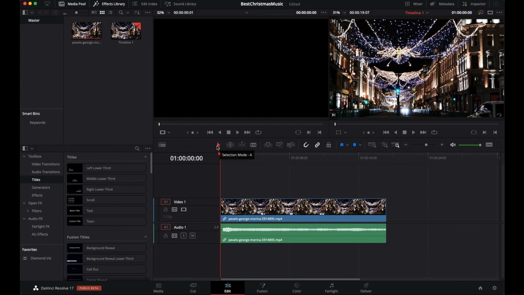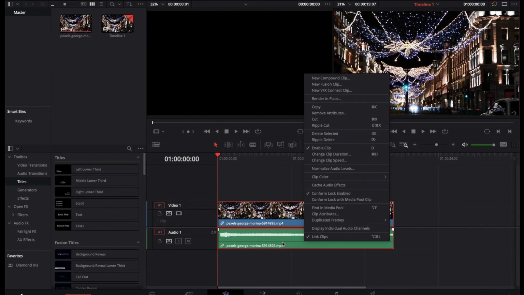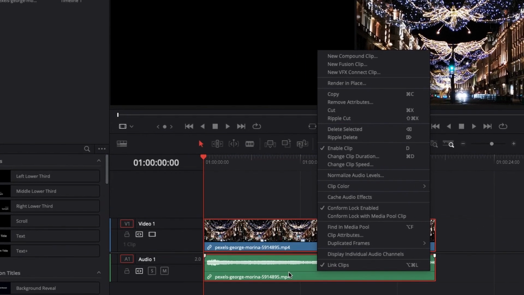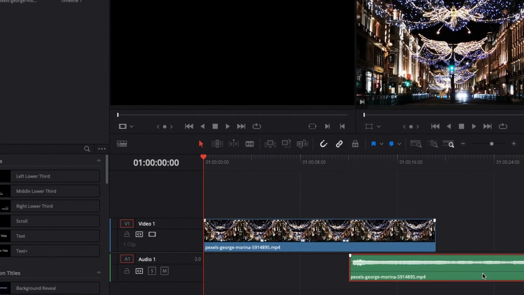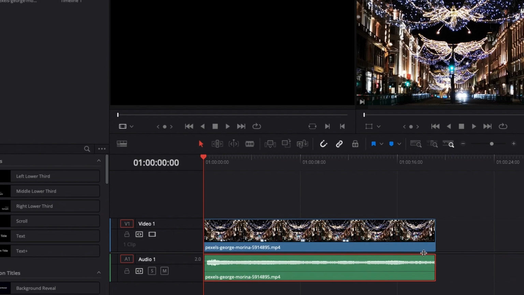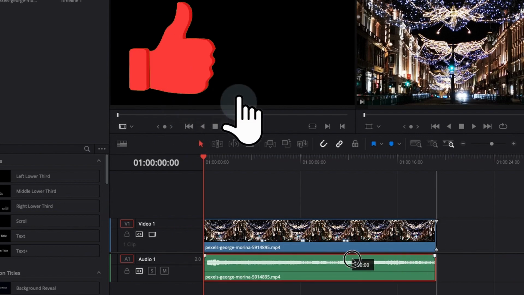Just click on this arrow icon up here, or if you can't find the arrow icon, just drag your mouse and select it like this, and right click the video clip. The next step, just untick Link Clip. The audio and video were linked before and it is unlinked now. Now you should be able to separate the audio and video. Feel free to delete your audio or video, or just copy the parts you want to use for any video.